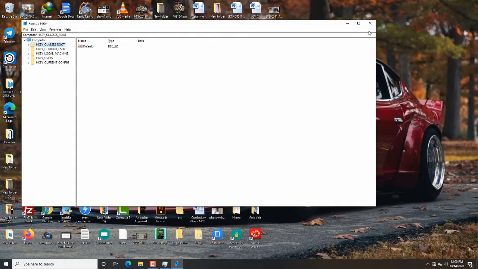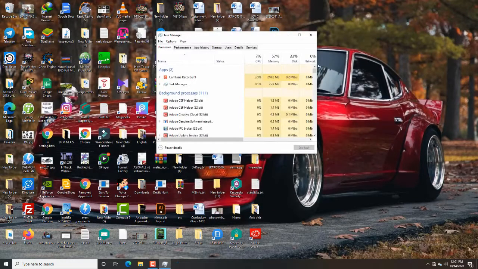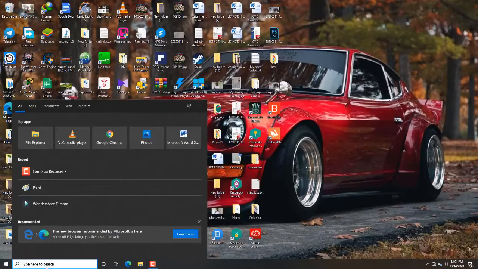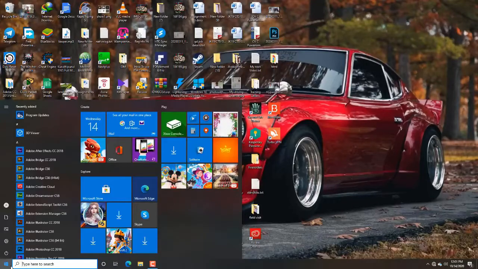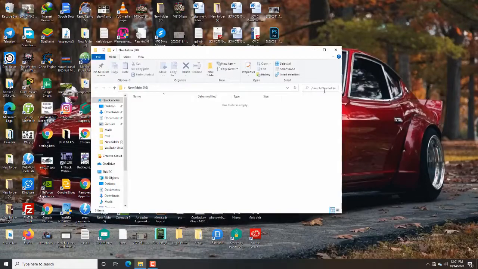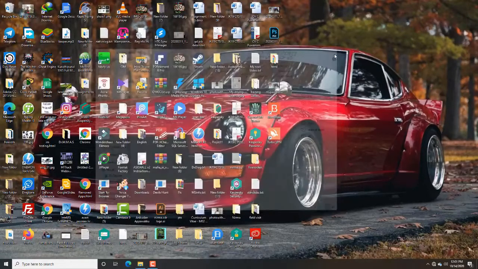Right, then I'm going to close Registry Editor, then Task Manager. Guys, some computers need to restart for this to work, some do not, but I recommend you please restart your computer and wait one or two minutes until it loads completely. Then you can see your search bar is working fine, your start menu is working perfectly, and your search tools are working perfectly.